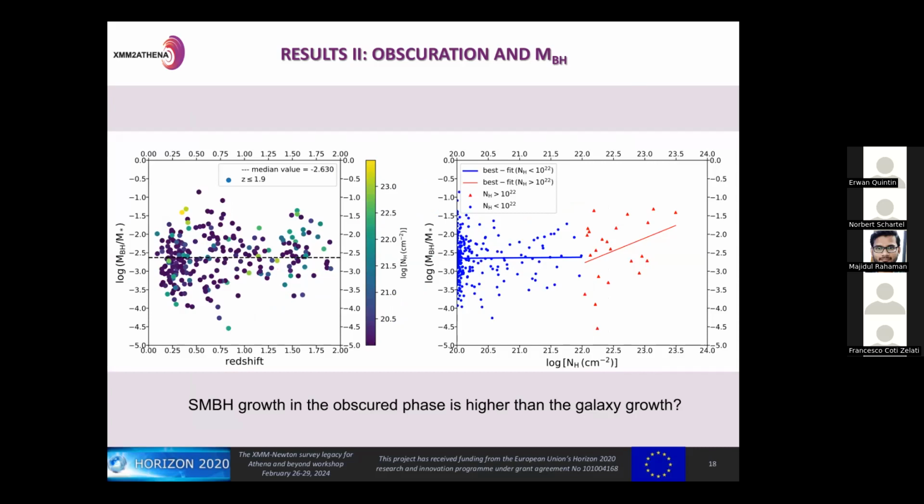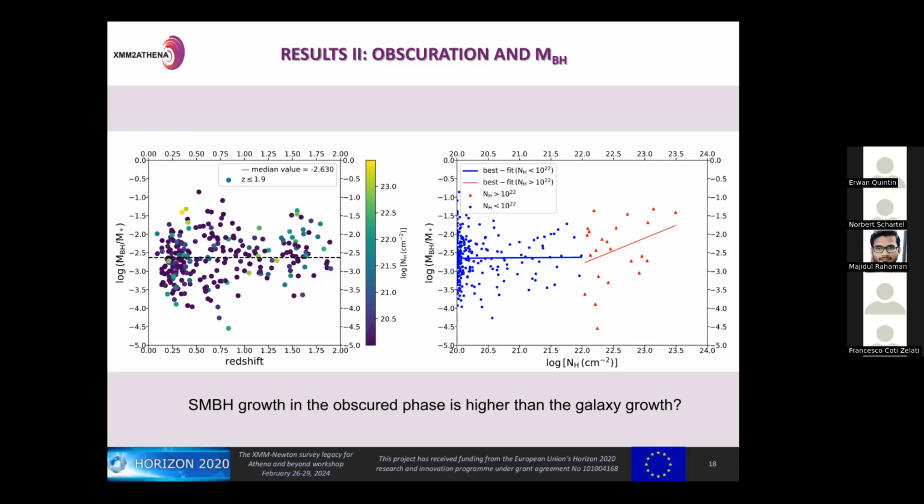We also investigate the ratio of these two properties as a function of redshift, and in agreement with most of the previous studies, we found that this ratio is constant up to redshift of 2, with a median value of minus 2.63. And these results here are color-coded based on the NH value of the source in order to see if there is a trend with NH. But this is better illustrated in the right panel, where, as we can see,